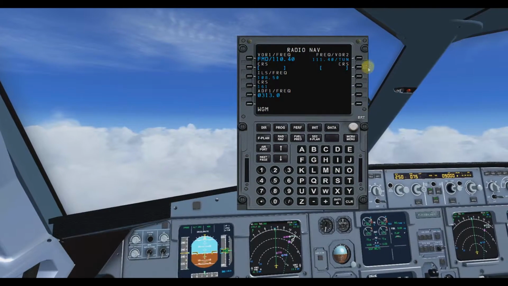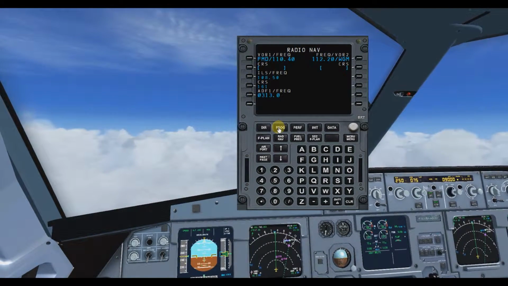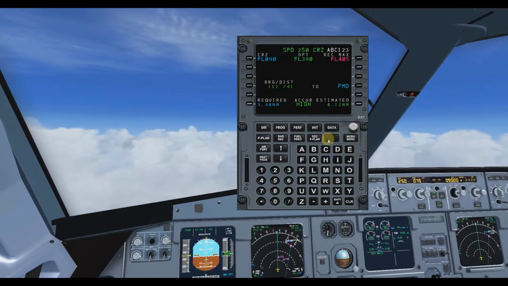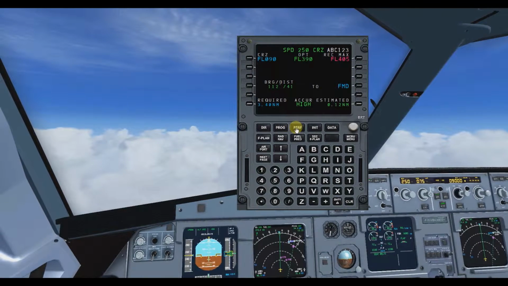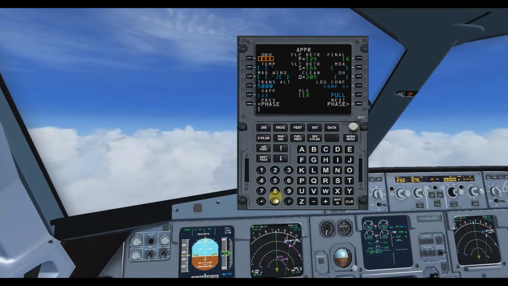For the nav aids I use Foxtrot Mike Delta and Whiskey Golf Mike VR. The ILS is already auto-tuned. I do not really need an NDB for this approach. Foxtrot Mike Delta I have entered on the progress page to have some additional distance information, and I'm now filling